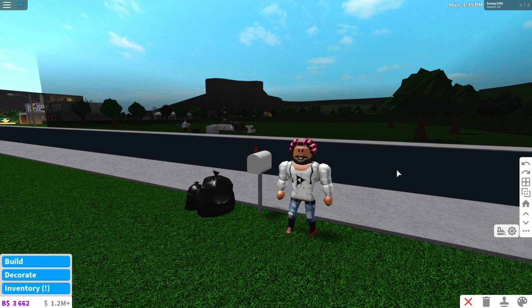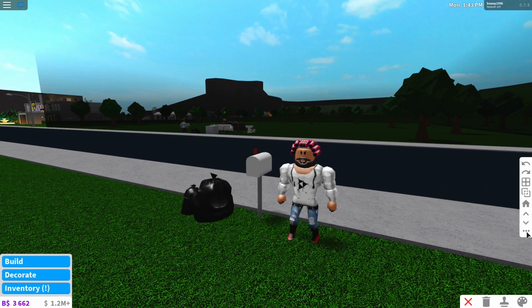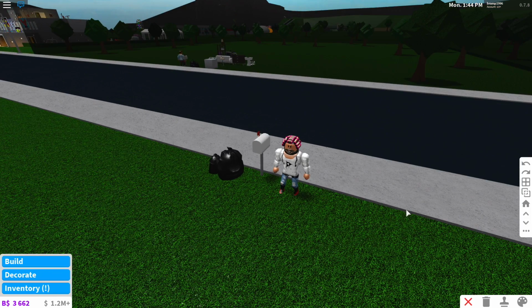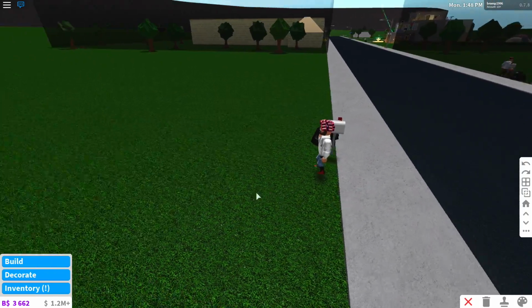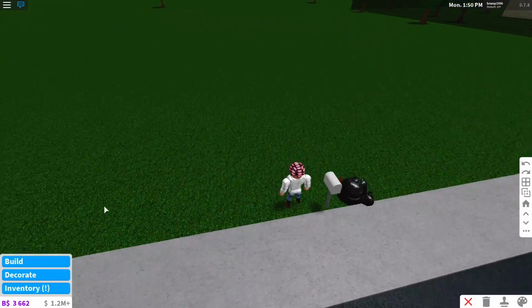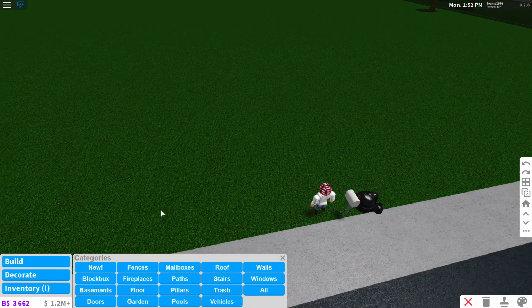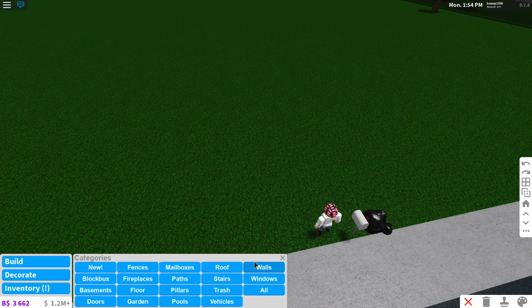Now this time I want to do shortcuts. It's been a while since I did those, and since my last video about the shortcuts, new ones have come along the way, so I thought it would be a good idea to make a new video on all the shortcuts in Bloxburg. So the first shortcut I'm going to start with is the simpler one, or the ones we had before,